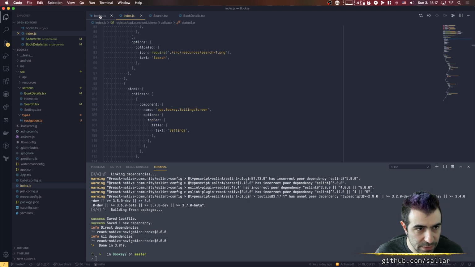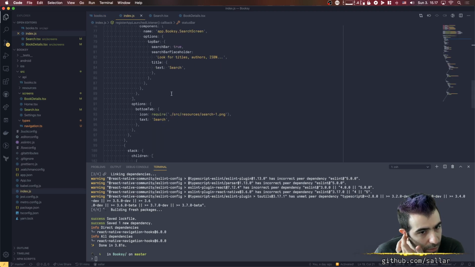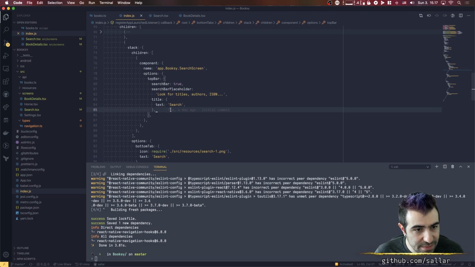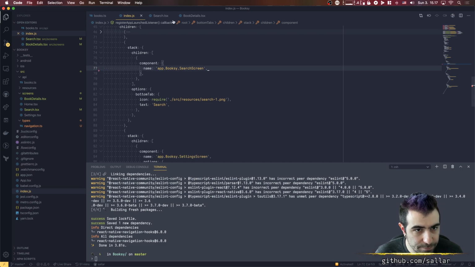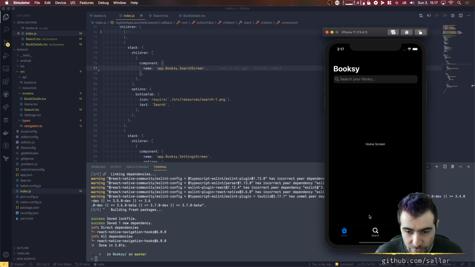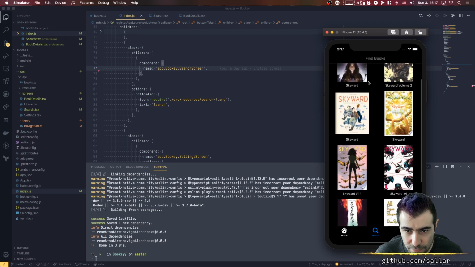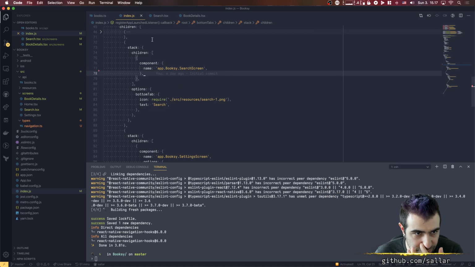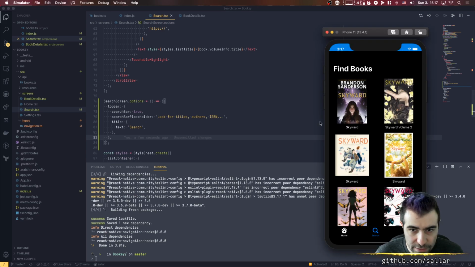And then what we can do is inside index.js, if you see here, we pass this stuff, these options to the search screen. We can just get rid of all that and then remove this options thing. So now before I remove it, as you can see, there is nothing, there is no search bar because I just removed the options from here, but I can just add them right back like this, and then